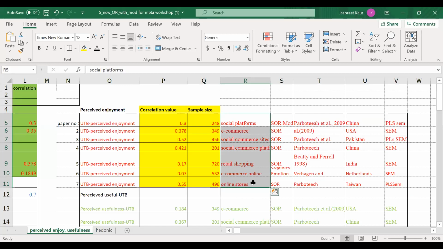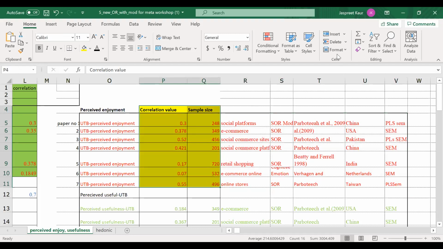All these, in tomorrow's lesson, will become moderators or interventions. I repeat, all these are my moderators or interventions. We will do their analysis tomorrow. Today, we are going to just use these two and do a meta-analysis.